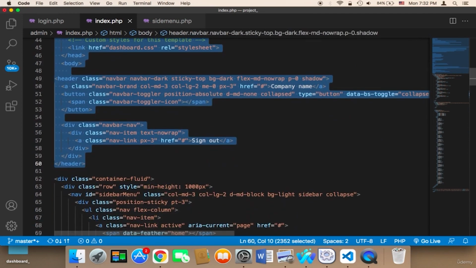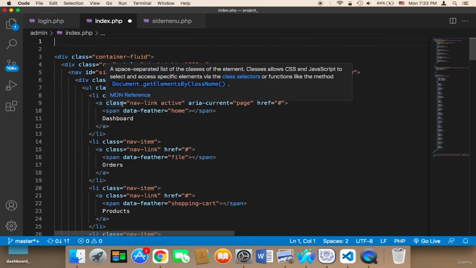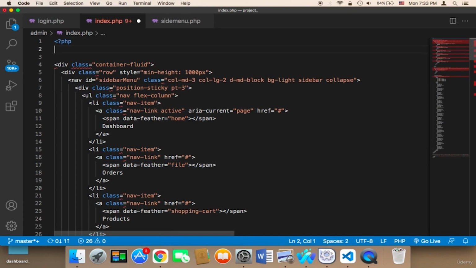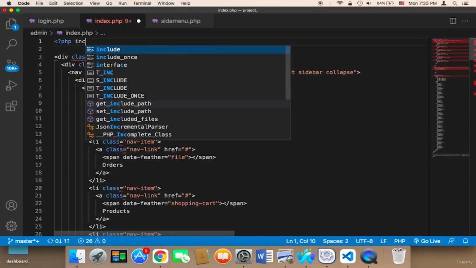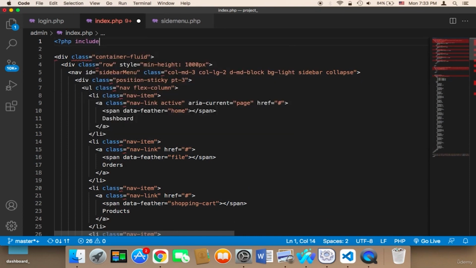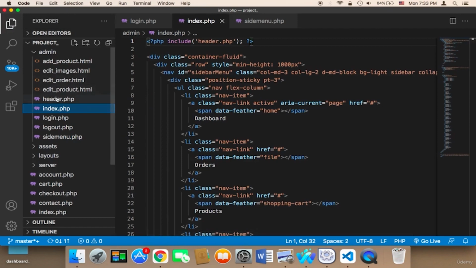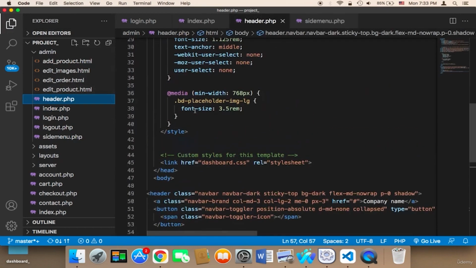until the header, remove this code, and then what you need to do is add here PHP, and then include, and then what we want to include is the header. We need to say header.php, and then that's it. And by the way, in the header, something very important to add is the